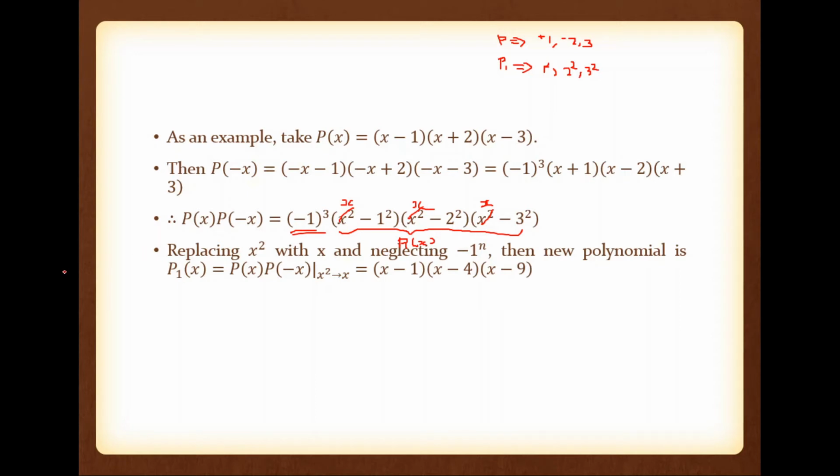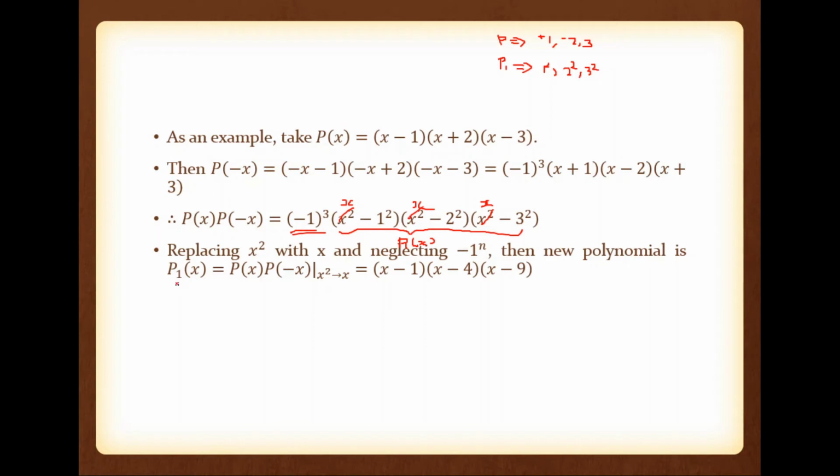So now we are not going to stop here. We are going to continue our transformation. So now we have P1. How did we get P1? From P. P is a third degree polynomial, and from P we got P1, which is also a third degree polynomial. So please note, after each transformation, the degree of the polynomial must be the same. Only the roots are squared. So now P1 is a third degree polynomial.